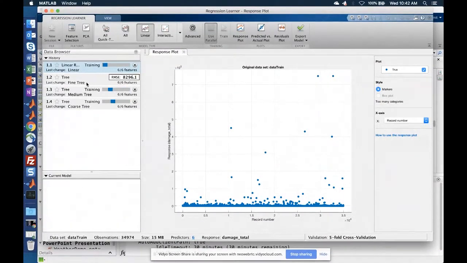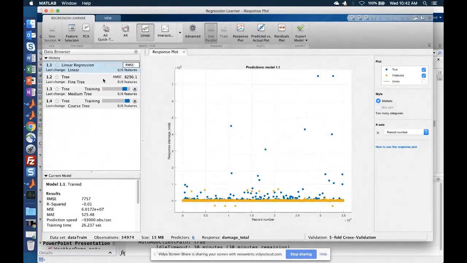And as the training completes, we can see the root mean square error measure showing up for the different models, and a coarse decision tree seems to have the lowest RMSE. If you look at the app, you can see a lot of other windows here.